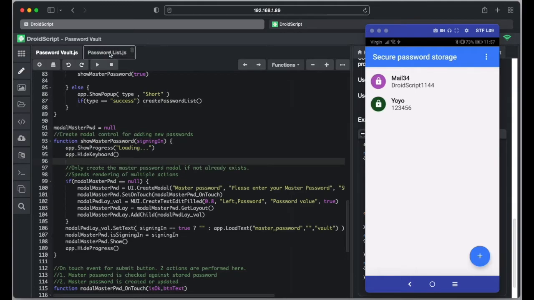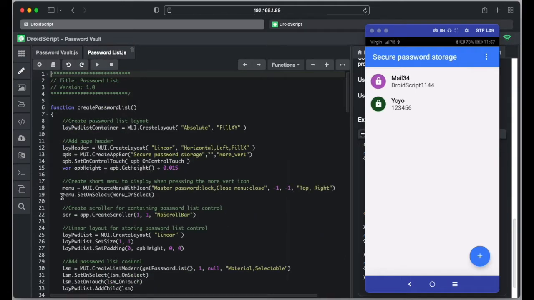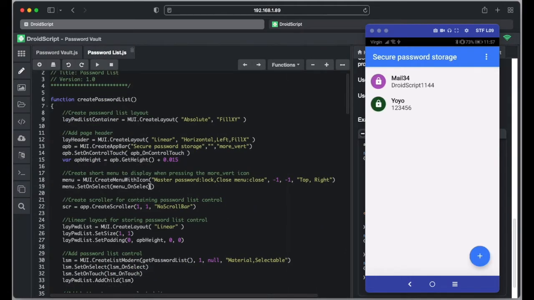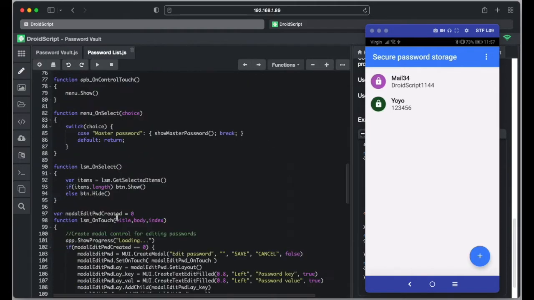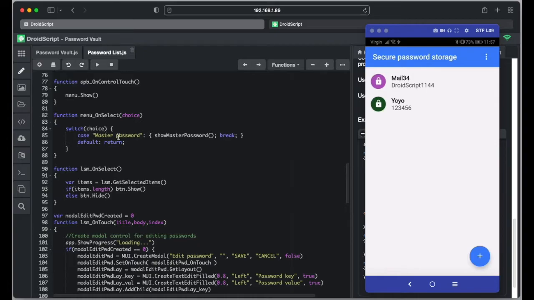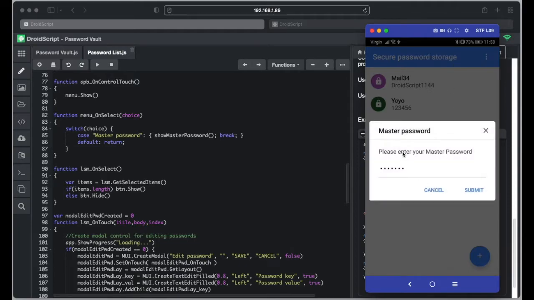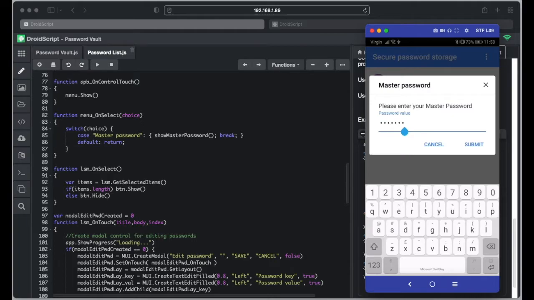And I think we put the menu on select, it's in here. Menu on select, we had it somewhere, here goes. Master password, show master password, so we already have it. So will this work now? Loading, there we go. Now for this demo we already have an actual password I created, but